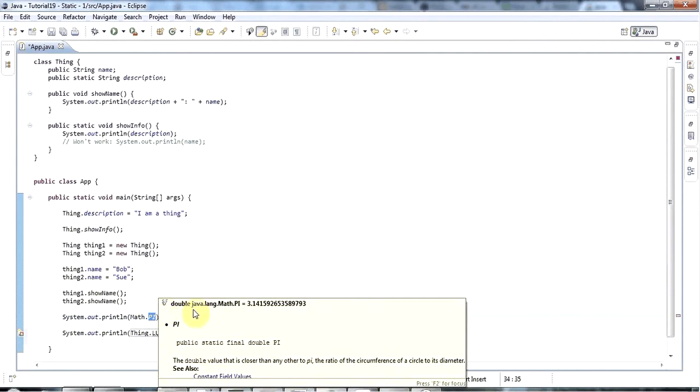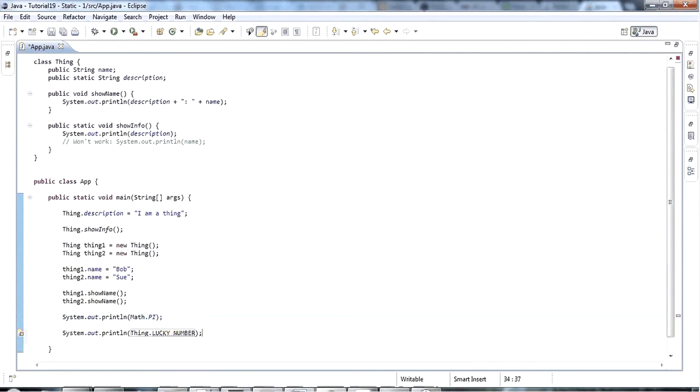Now see, pi is a constant, which means I can't reassign it. I can't do Math.pi equals 3. If I save that,